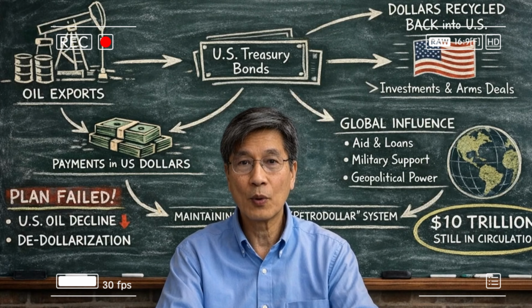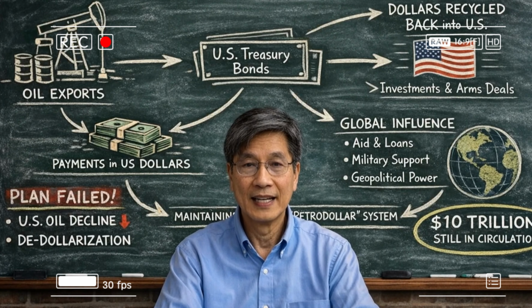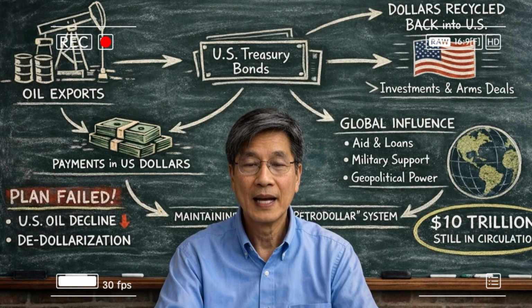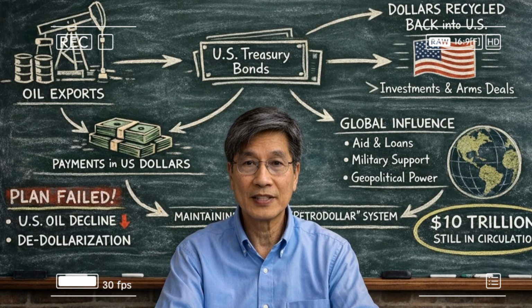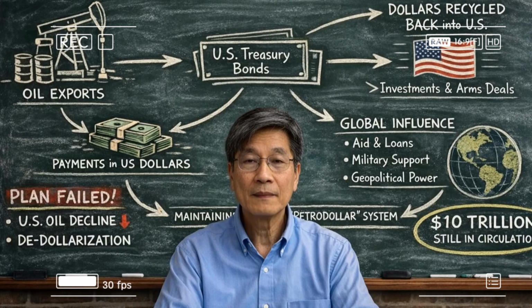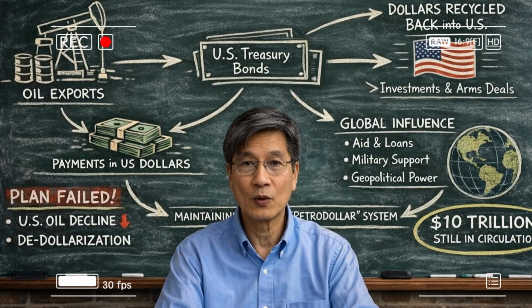Because oil is so important, countries are constantly buying and selling it. Some countries produce a lot of oil like Saudi Arabia. Others use a lot, but don't produce much like Japan. This creates a massive global oil market. So how did the US dollar come to control this global market? To understand this, we need to go back to World War II.